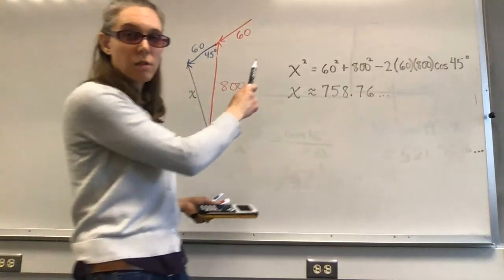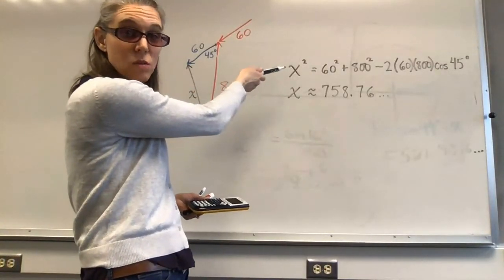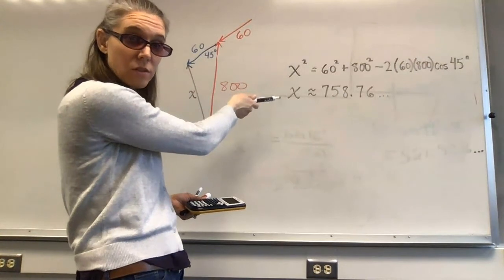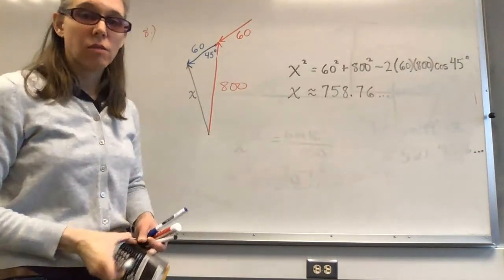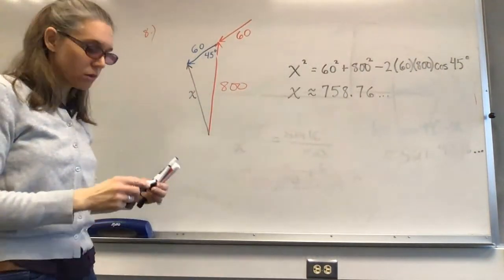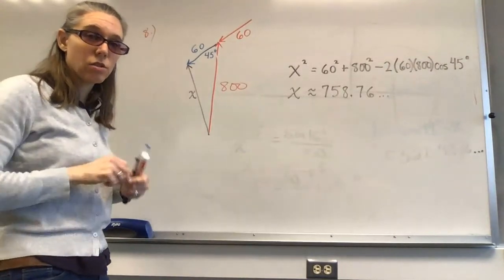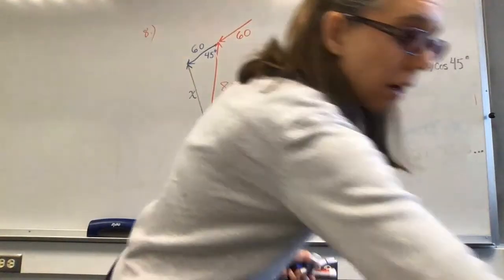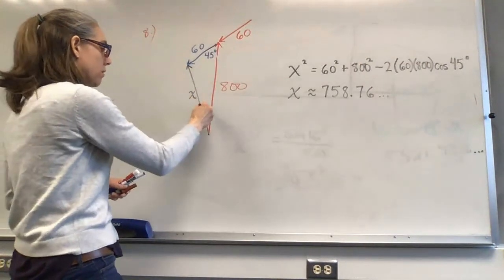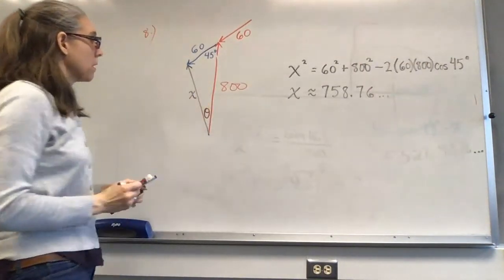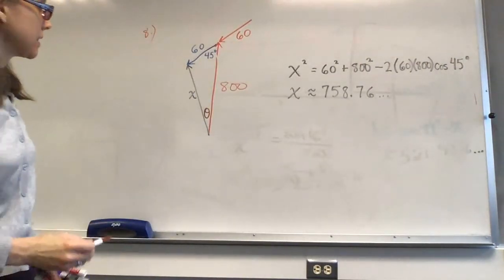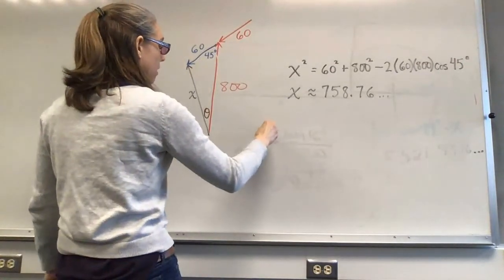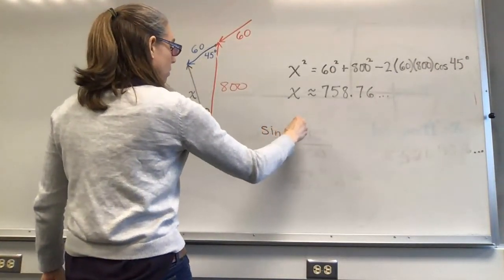Okay, so for the law of cosines, you only need to show this much work, and then you can go straight to your answer. And then the other thing we need to find out is how far off course the airplane is going, and so you do need to add another variable to your diagram. I will go ahead and just call this angle theta, and then to find this we use a law of sines. So we have that the sine of 45 degrees